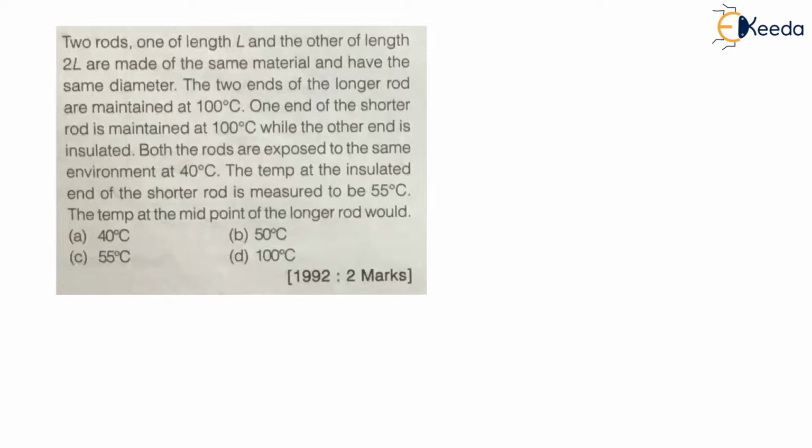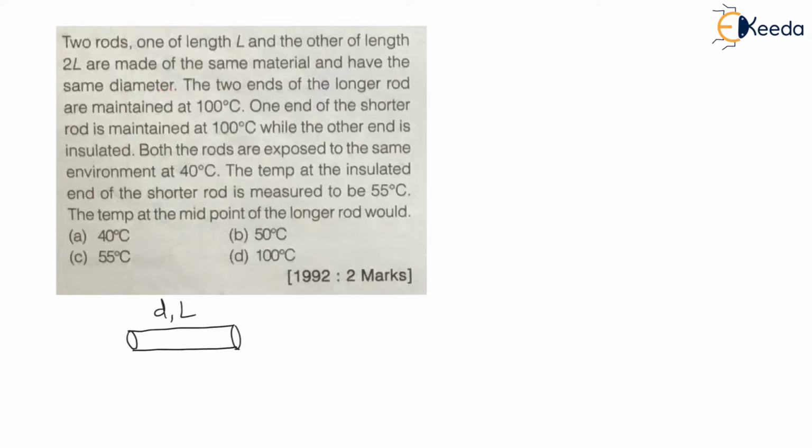Now here the question is, two rods, one of length L and the other of length 2L, are made of the same material and have the same diameter. Now here there are two rods. First is of length L, having diameter D. Let us say this is the first rod of diameter D and length L,